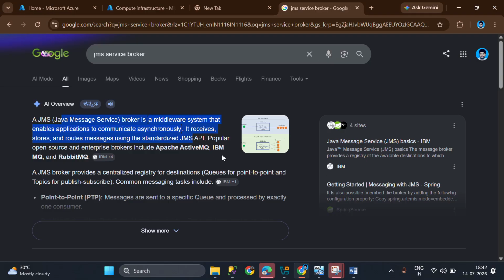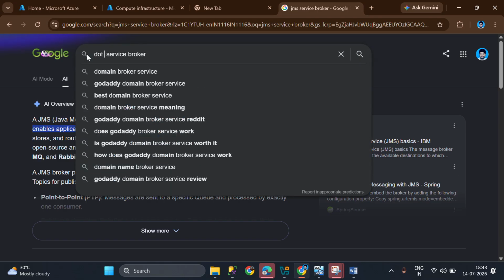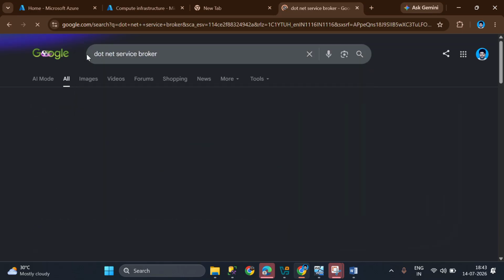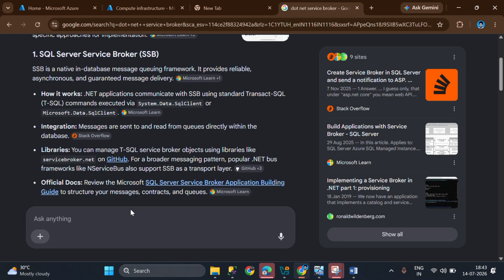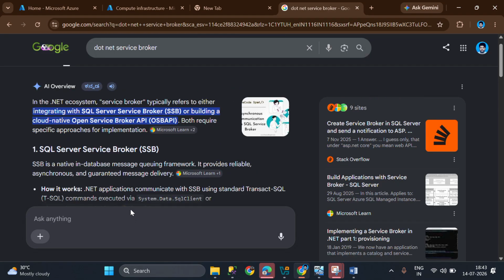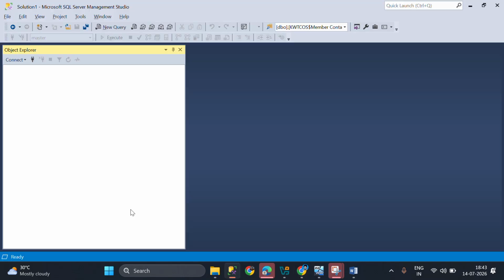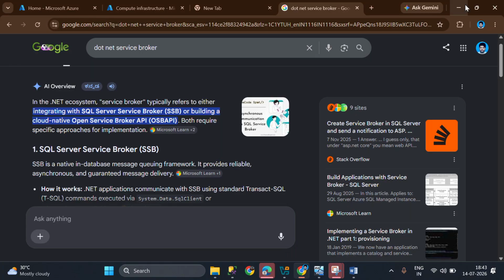Similarly, we have one for the .NET framework. If you search for a .NET service broker, you will find a different service broker for it, and for different applications you will have different service brokers. We have the same thing internally, known as database mail. If you connect here and look at database mail, it acts as a service broker.